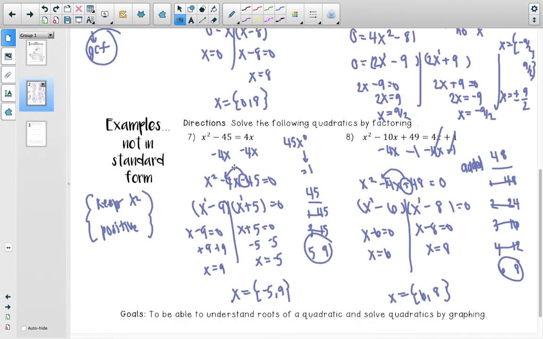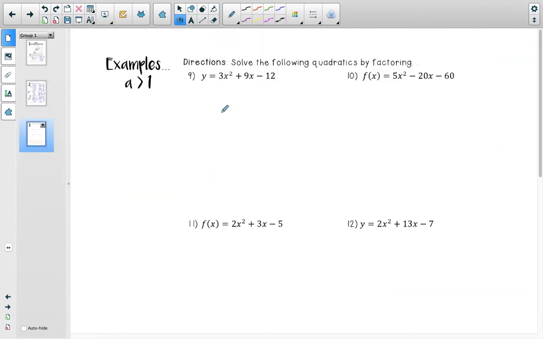So if you have questions on that, revert back to example 7 and 8. Now when we go to page 3, you're going to notice that they have an a is greater than 1. And you might be like, what is a? Well, a is the number in front of the x squared. So it's the coefficient in front of the x squared. So that's what that means. If the coefficient in front of the x squared is bigger than 1, then you have to do the